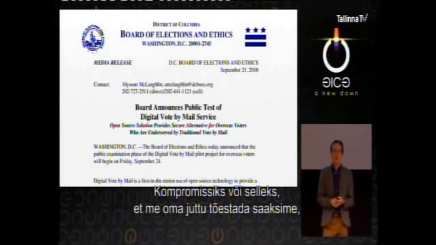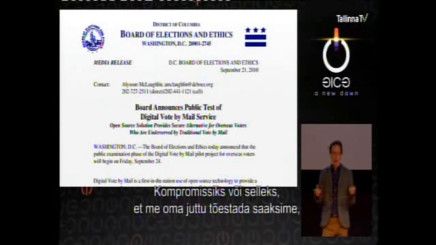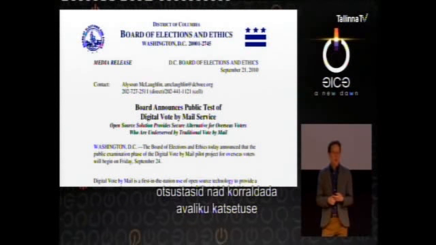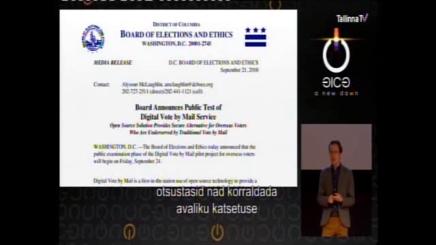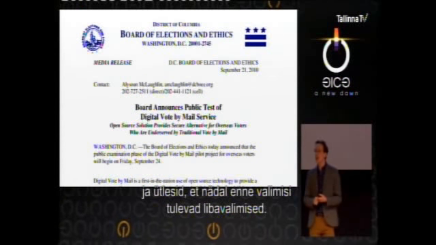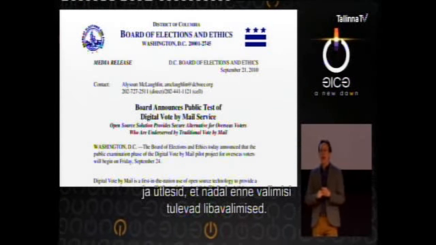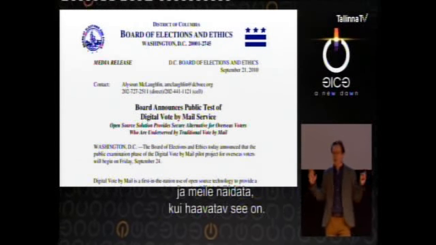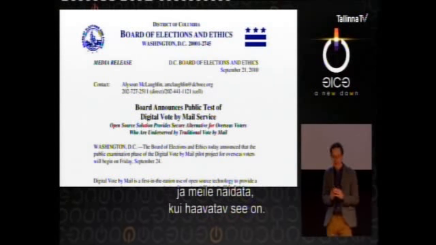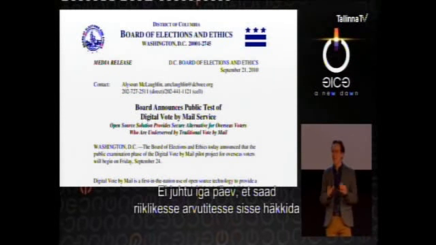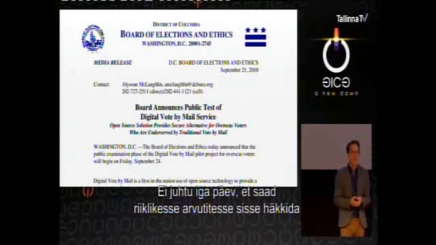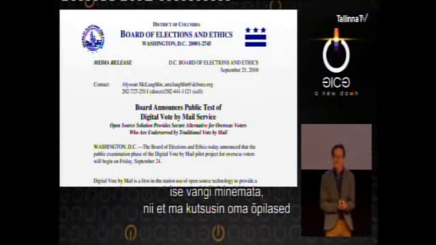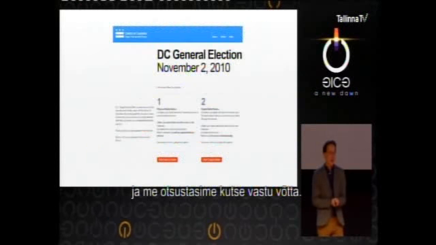But as maybe a compromise, or maybe to tell us to put our money where our mouths were, they decided to hold a public trial and say that the week before the election, we're going to hold a mock election, and anyone in the world who wants to try to hack in and show us how vulnerable this is can do so. Well, it's not every day that you're invited to hack into government computers without going to jail, and so I got together a team of my students, and we decided to take them up on that.